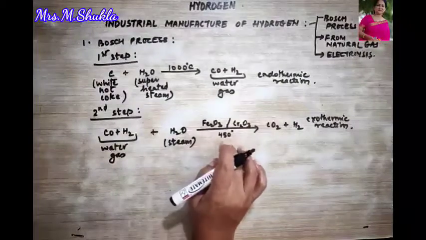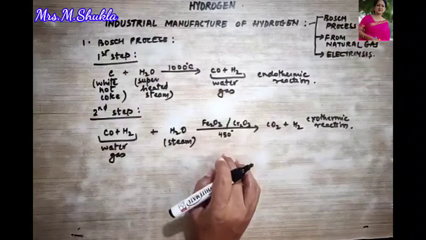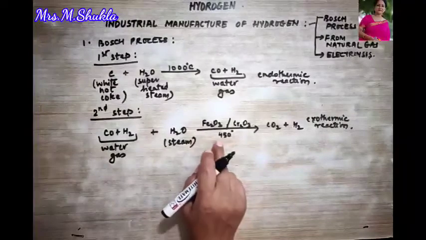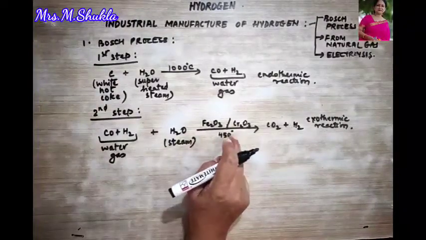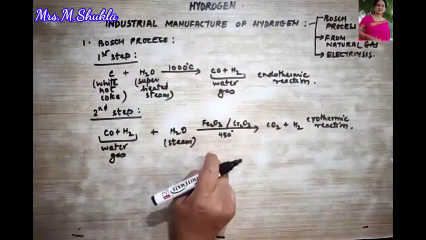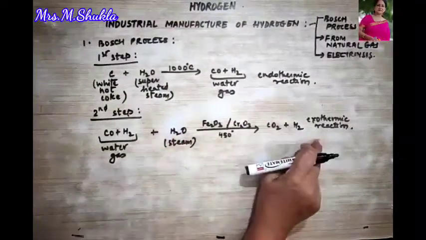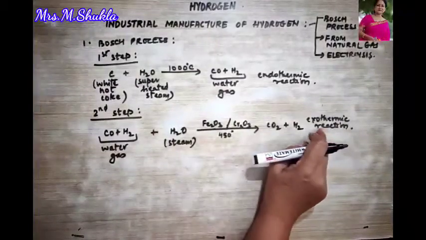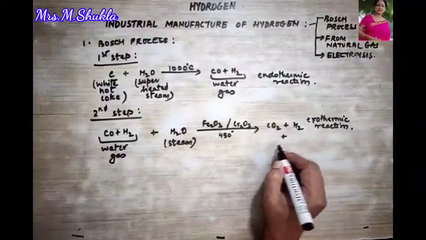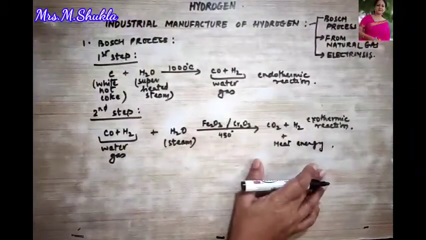Now remember one thing, that no heating is required. This 450 degrees is the heat which is already obtained from the first step. We haven't given extra heat. If I have written 450 over here, I do not mean to say that we are providing 450 temperature separately. It is the temperature that we have already obtained from the first step. So from there, 450 of the temperature is used for the reaction to proceed. And then further it gives lots and lots of heat. Therefore it is called an exothermic reaction, and it gives heat energy. I hope this is very clear.